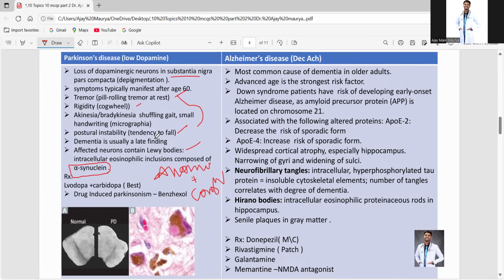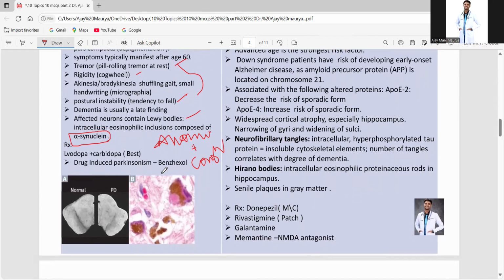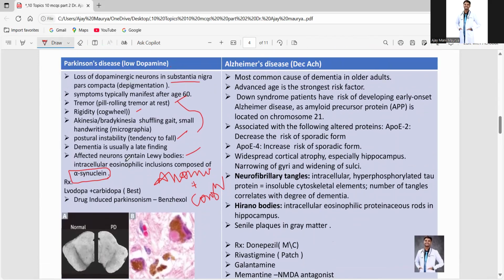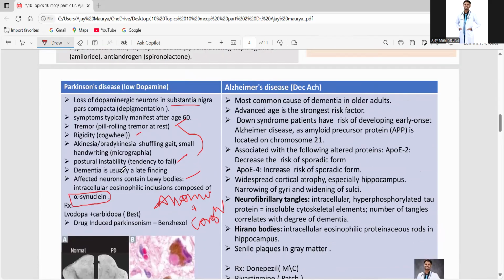Which neurotransmitter is low? Dopamine. So the drug of choice will be levodopa plus carbidopa. Drug-induced Parkinson's, the drug of choice is benztropine. Done. Remember this. In Alzheimer's disease, acetylcholine is decreased, and it is the most common dementia in